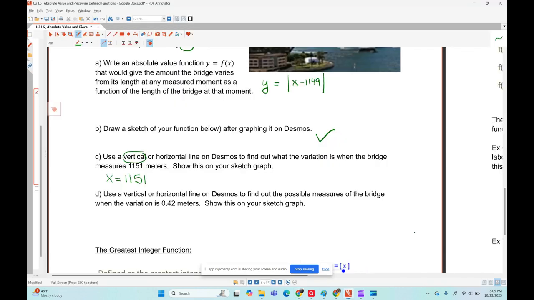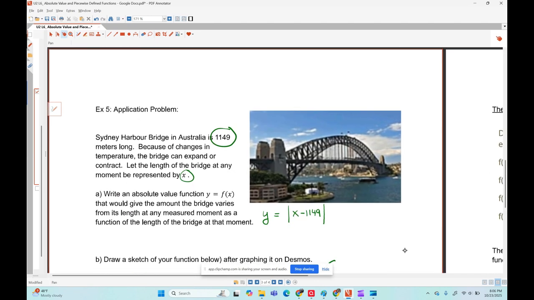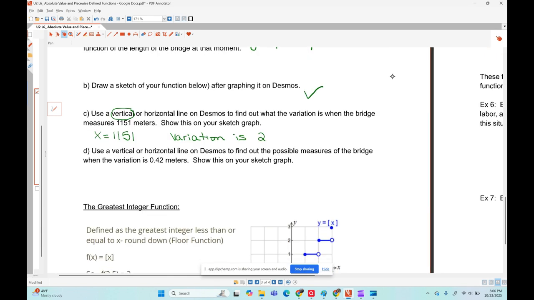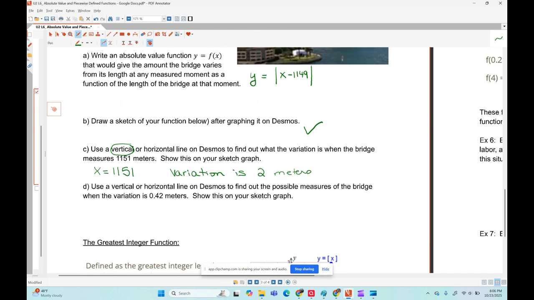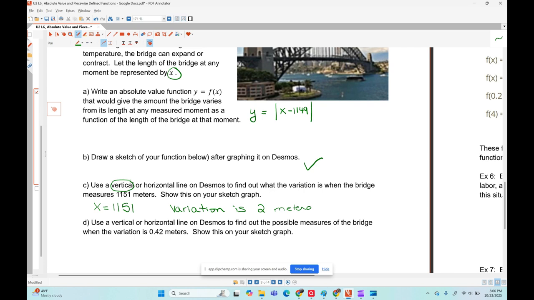So that means the variation is 2. What are the units we are measuring in? Meters. It says meters in the problem, which makes sense because